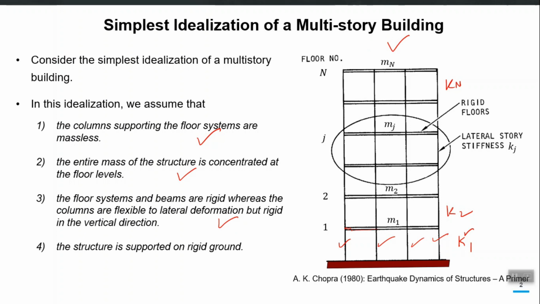So, there is no up down movement of floor, and the floor itself, for example, this one which I am just highlighting, itself is rigid. So, there is no internal stretching or internal elongation or compression in that floor. So, it is a rigid floor, right. The structure is supported on a rigid ground. So, these are all 4 assumptions which we make here to idealize a multi-story building. Still, some of the assumptions may not hold true for some real structure, but at least this representation is better than a single degree of freedom system.